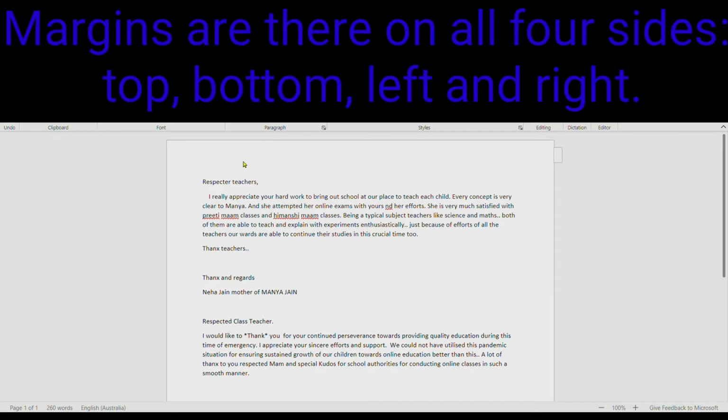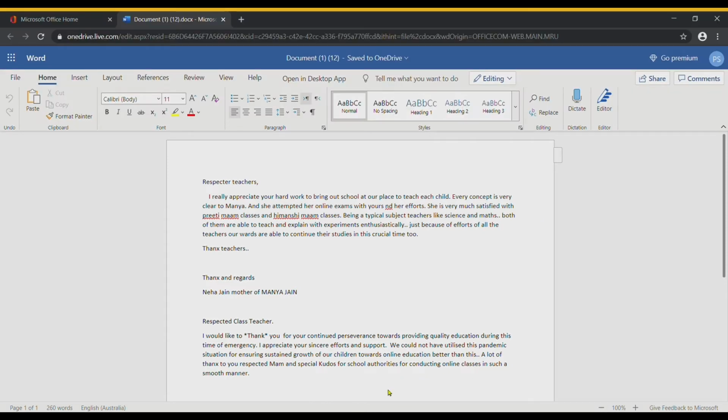So we have margins on the four sides of the document: on the top, on the left side, on the right side, and at the bottom of the page. Fine. So the default margins are set at 1 inch from the top, 1 inch from the bottom, as well as 1 inch from the right and left edge of the page.